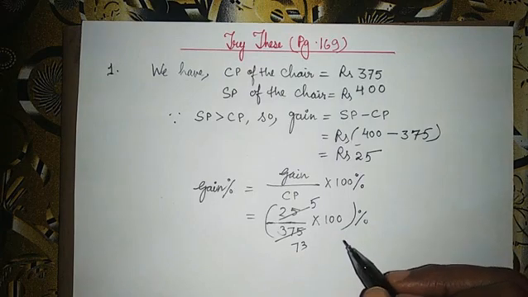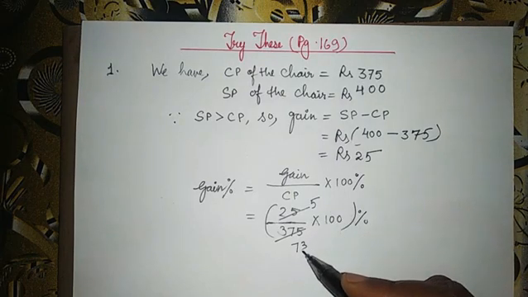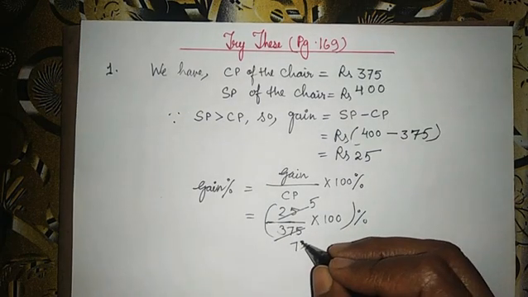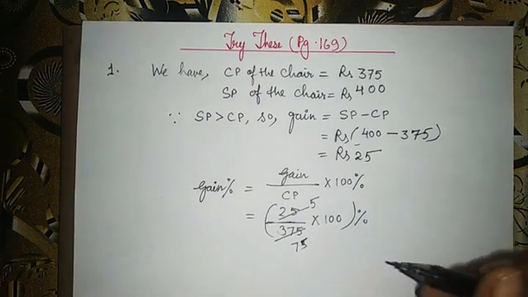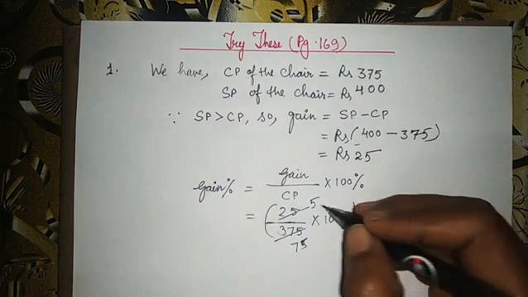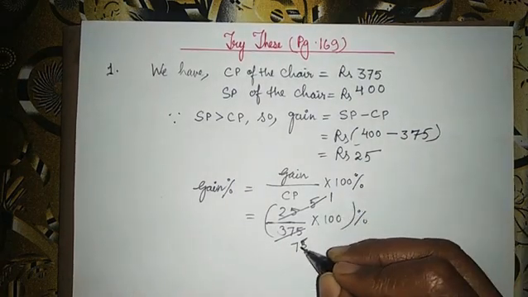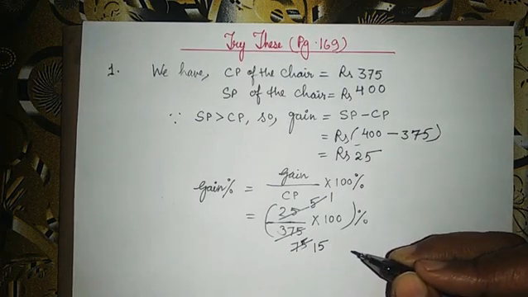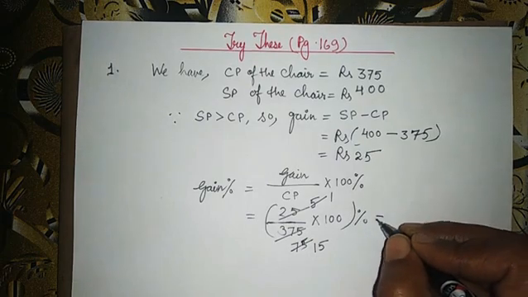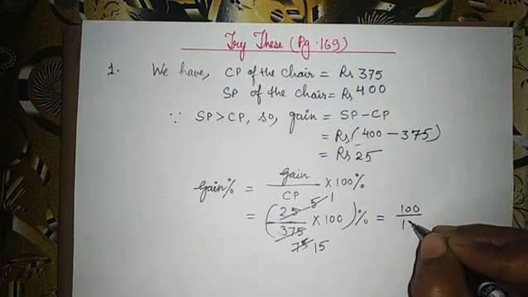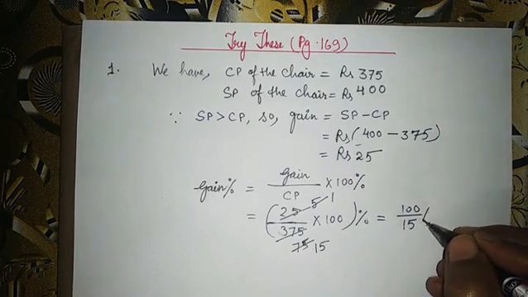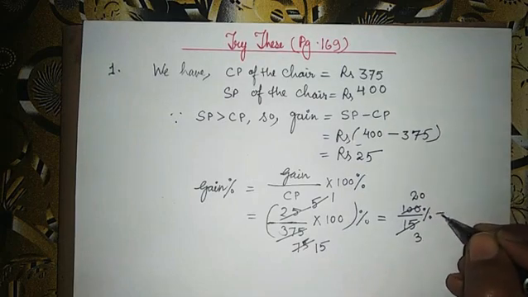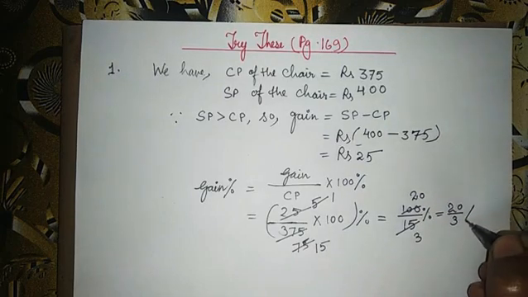Now here 75 is coming in denominator and in numerator we are getting 5. Sorry, here 5 will come. 5 sevens are 35, 5 fives are 25. Now 5 ones are 5 and here 5 ones are 5 and 5 fives are 25. Now here we have got 100 upon 15. This also we can reduce. 5 threes are 15, 5 twos are 10 and 0. Here 20 upon 3% we are getting.